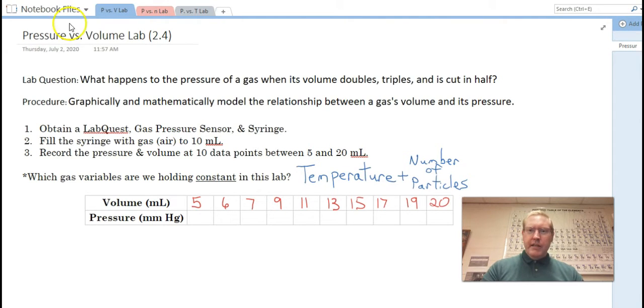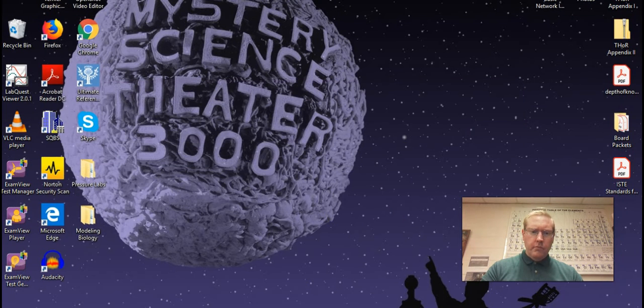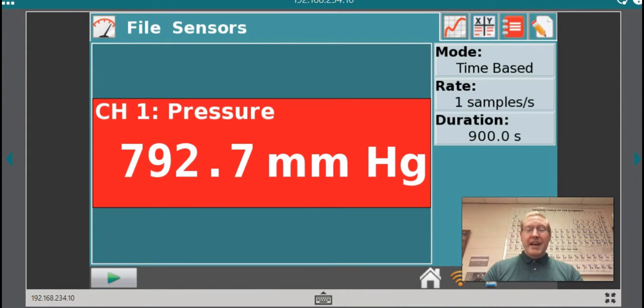And to show you how I'm going to get the data, give me a second just to change my screen. What you're seeing right now is the actual screen of my LabQuest. It's showing you the pressure in the units millimeters of mercury, mmHg, and I can now go ahead and change the volume on my syringe to whatever I want, and I can note what the pressure is right here on the screen. So for instance, my first data point was 5 milliliters, so I'm going to go ahead and push